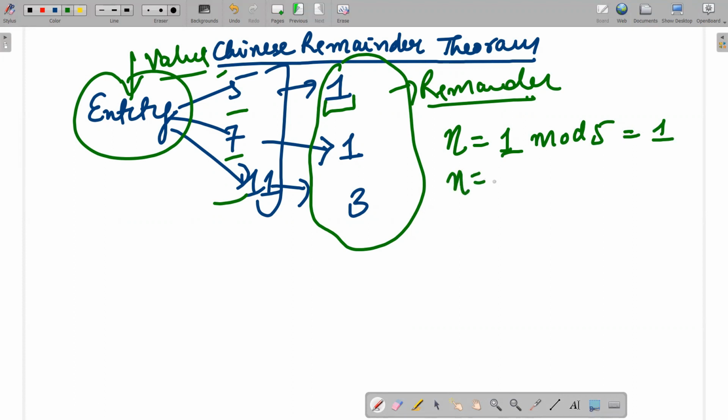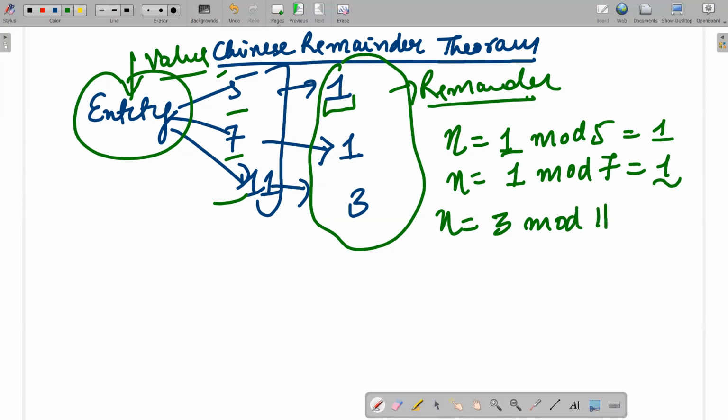The same applies when dividing with 7: I get the remainder 1. And dividing amongst 11 members, I get the remainder 3. So that's why I'm writing n mod 5 is 1, n mod 7 is 1, and n mod 11 is 3. So we have a particular scenario in which this whole thing can be calculated,